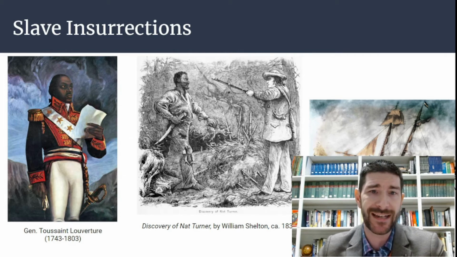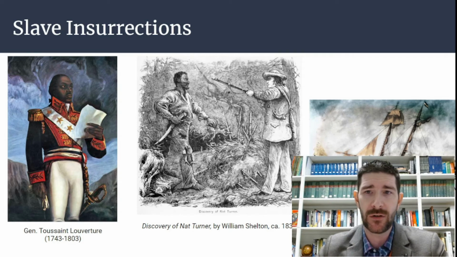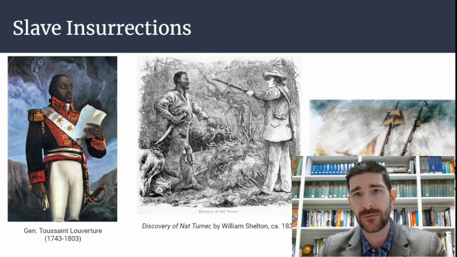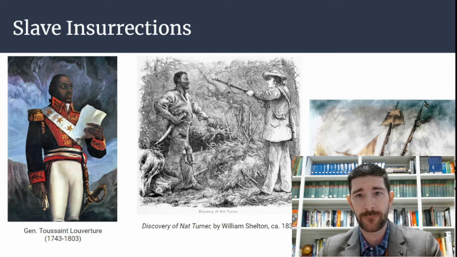Nat Turner was born in 1800, and he was a naturally intelligent man. He taught himself how to read. He demonstrated his devotion to Christianity by reading the Bible, praying and fasting daily. He was inspired by a religious experience in the 1830s to plot an attack and liberate himself from bondage. He used a solar eclipse to inspire supporters by claiming that the event symbolized a black man's hand covering the